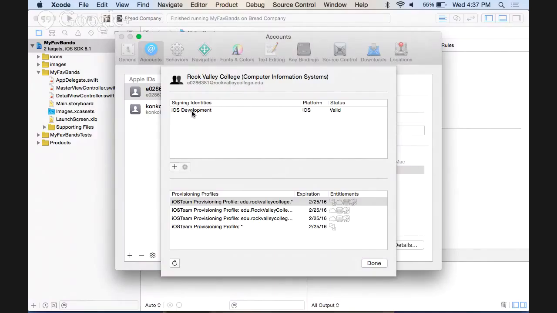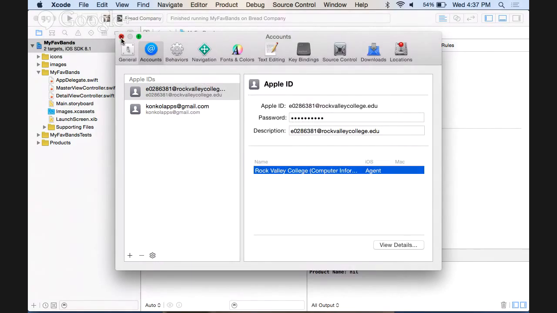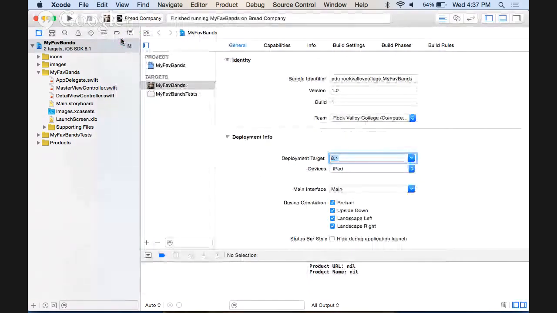Also, if you don't have a valid certificate, remember, it will prompt you to request one. And as soon as I accept a request, if you're not in a class at the time, I will email you that I have accepted it, and you can go continue on. So that concludes how to connect your iPad to Xcode and to install